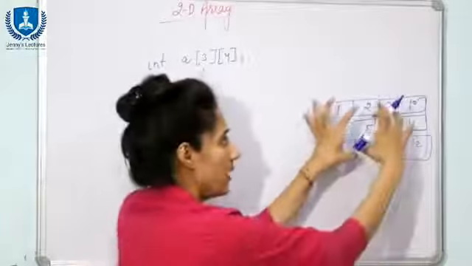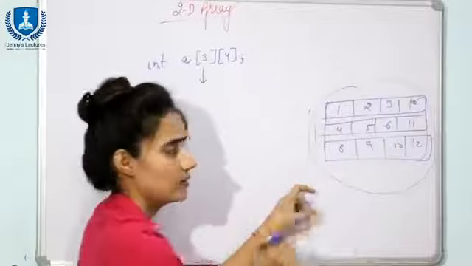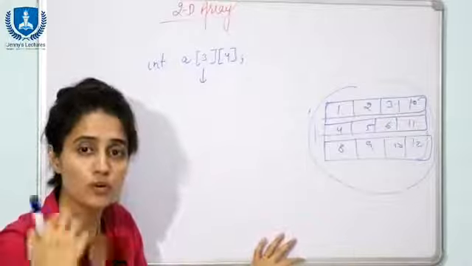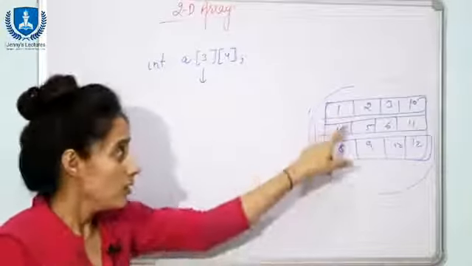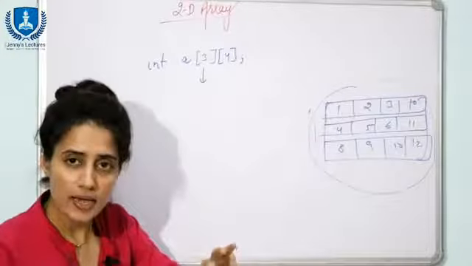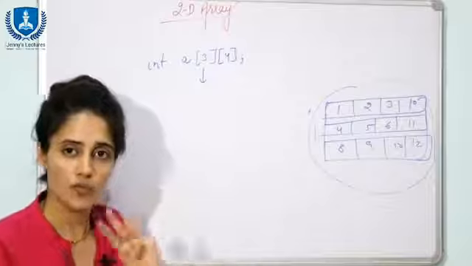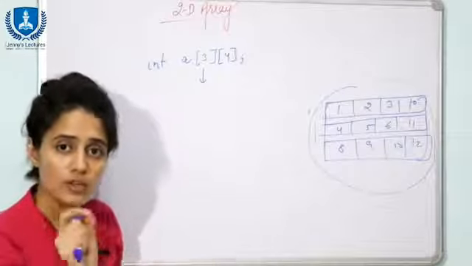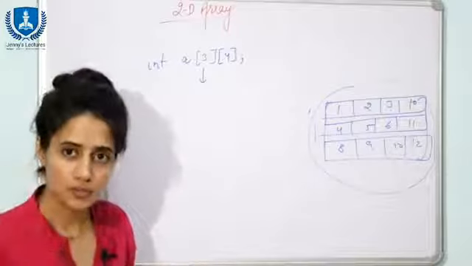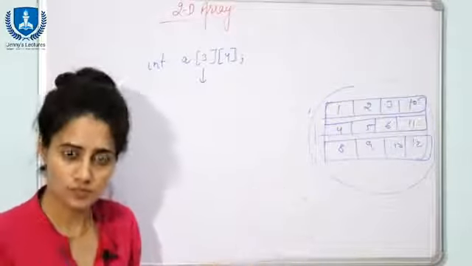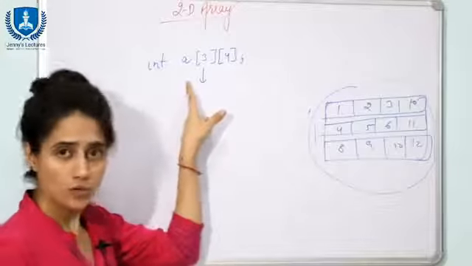And if you combine these 1, 2 and 3 rows, then this complete is what? A matrix, or you can say a 2D array which is having 3 1D arrays, and size of each 1D array is 4, right? So you can say a 2D array is an array of arrays, or you can say it is a matrix. Fine. So this is how we are going to declare a 2D array.